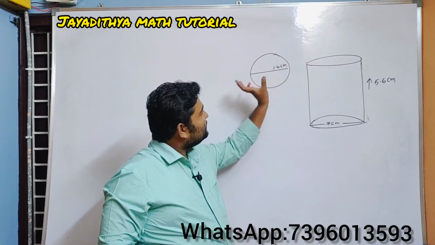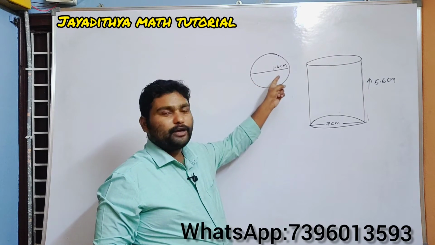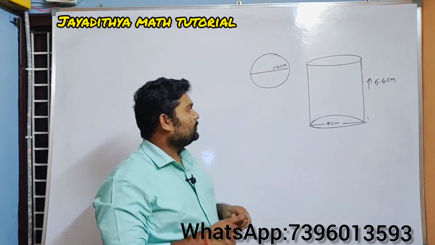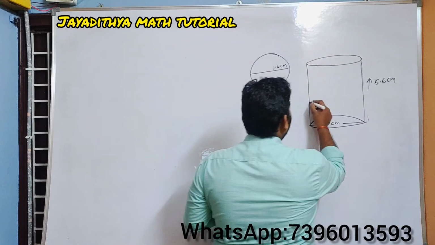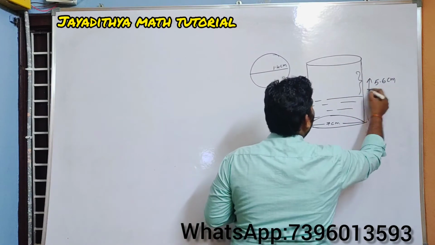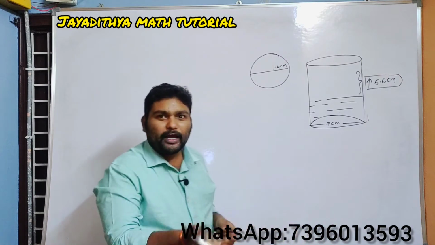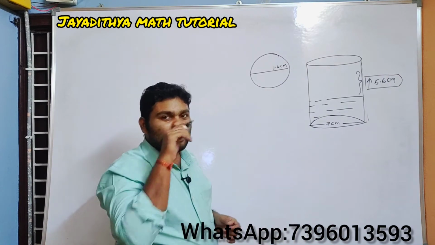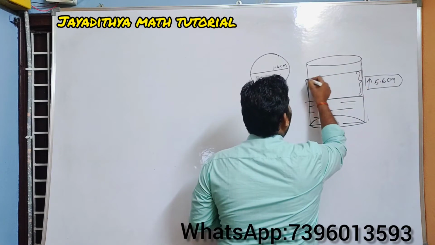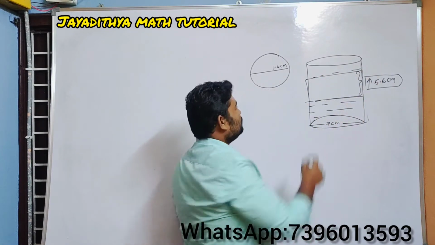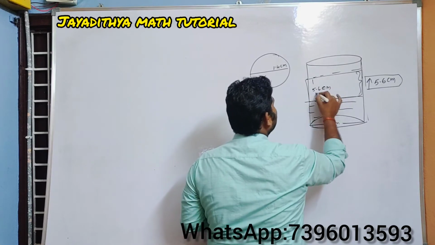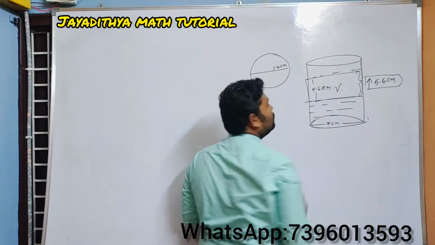So these are the marbles whose diameter is given as 1.4 centimeters. You need to put some marbles in the beaker. The beaker has some water; you can think some water is already there in the beaker. So this water level must rise by 5.6 centimeters. 5.6 centimeters high, it should be raised. So the raised volume you need to find first of all. For example, if the water came up to here, this is nothing but 5.6 centimeters high now. So this volume you need to find here.